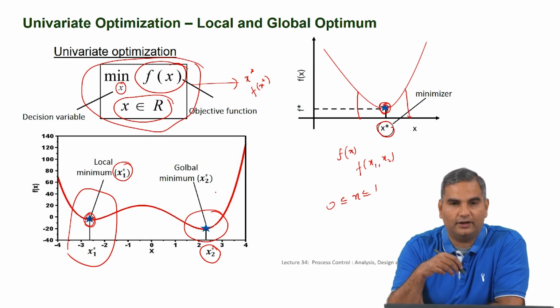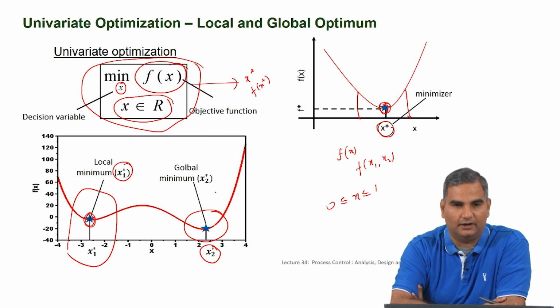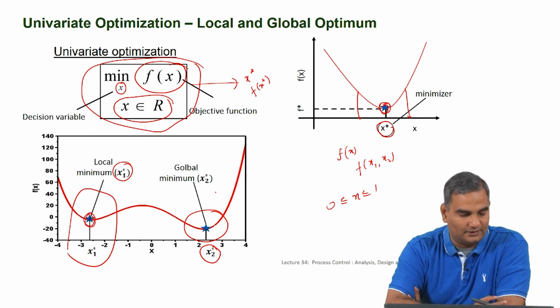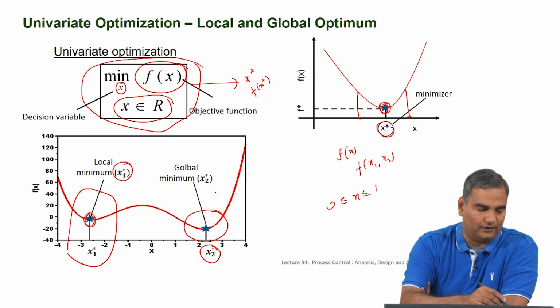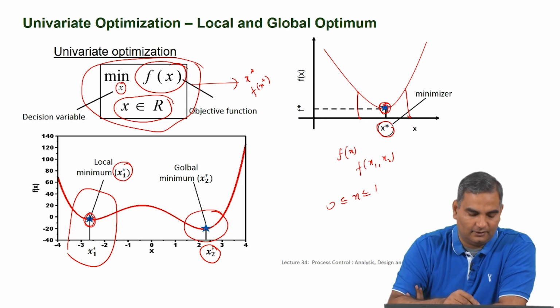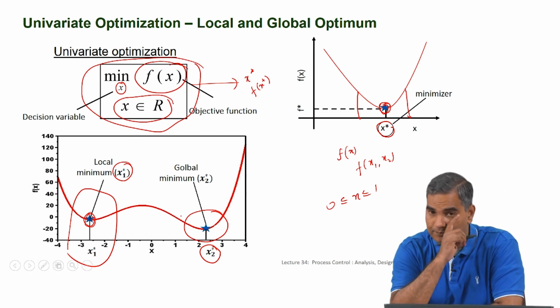Now, I do not want to get into too much optimization theory. Let me just tell you that once you identify an optimum solution based on certain conditions, which I will show in the next slide, it is very difficult to identify whether it is a local or global minimum. You might ask why it is difficult. Because if I find this point and compute the function value, clearly this point's function value is going to be lower, so this is a global minimum and that is a local minimum.